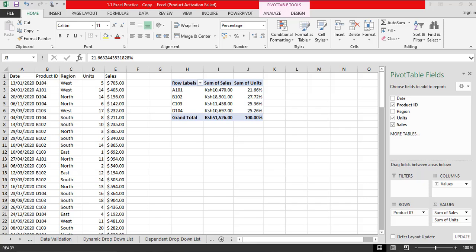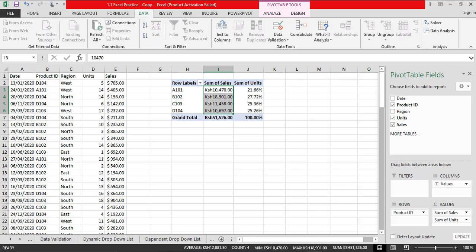But from what I can see in our percentage of units sold, we have other products which have a higher percentage. So what I'm going to do is sort this data here. I'm going to highlight the sum of sales, then go to my data, then sort it. I'm going to highlight this, then sort it from largest to smallest, and now we have our data sorted